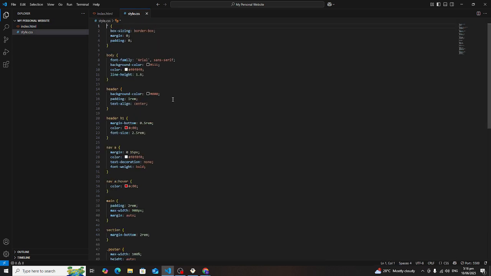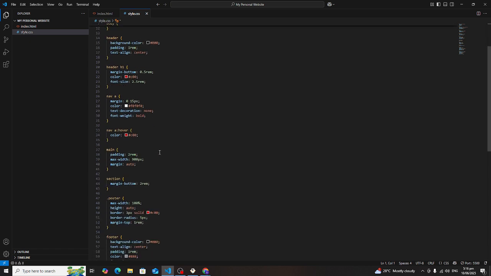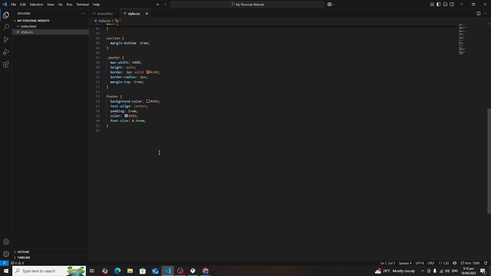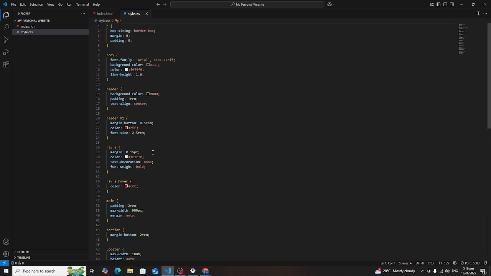In the CSS style, I used basic styling to apply dark mode colors, adjust spacing, style links, and add a red accent color to match the mood of the movie. I also added a red border around the poster image to give it a stylish look.